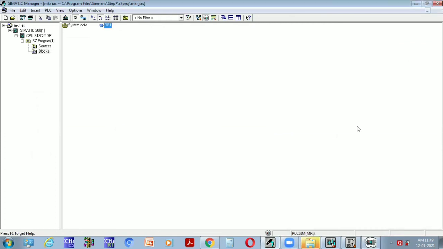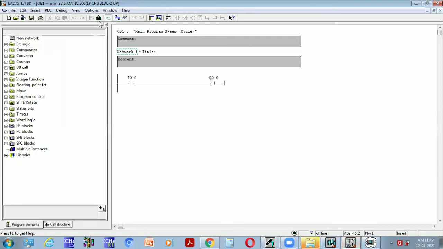Next, go to the programming window, which is nothing but the OB1 window. Click on Download, and next click on Monitor On/Off. Then we will go to online mode.